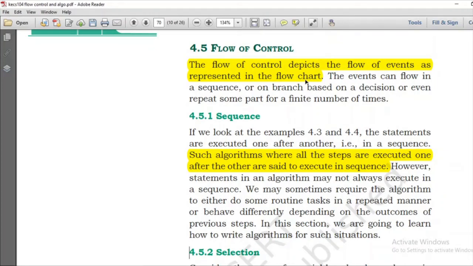Flow chart, you can see, is in the form of a diagram which shows what to do after this step, and if it is not so, then what to do instead. So it shows you the flow of events. So how can it be shown? It can be based on